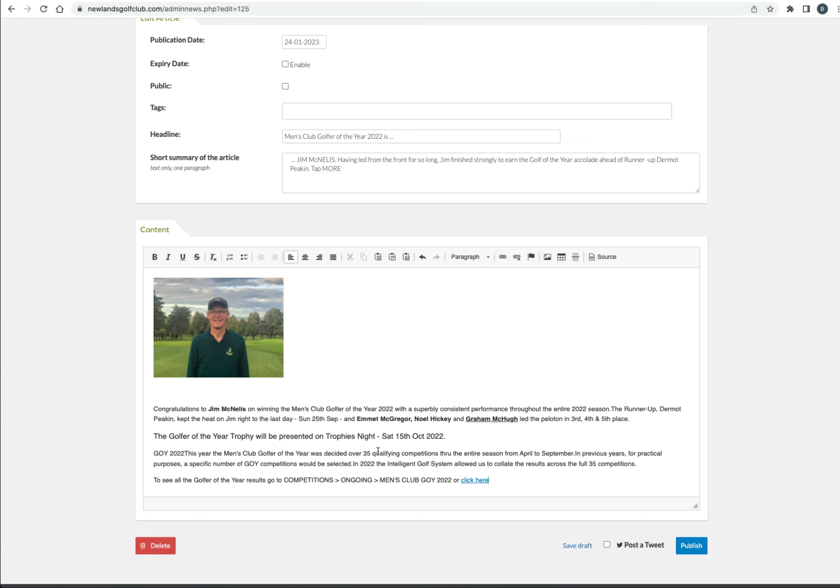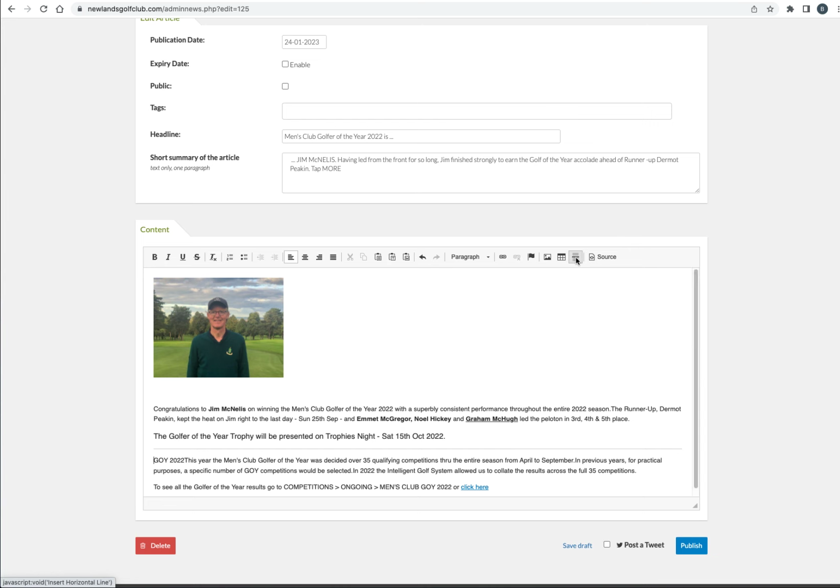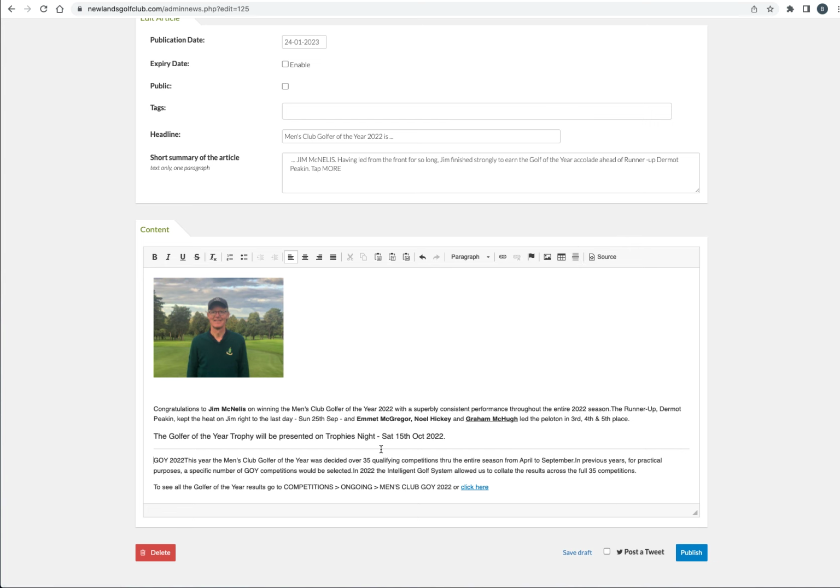One other tool to show you on this is the horizontal line. If you wanted to separate paragraphs or pieces of text to make them look more attractive visually, I can click, for example, in front of this paragraph here and choose the horizontal line by clicking on it, and it inserts a line to separate text, which you might find useful. Having done that, we now save the draft,